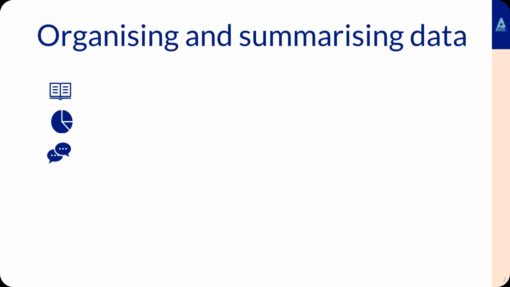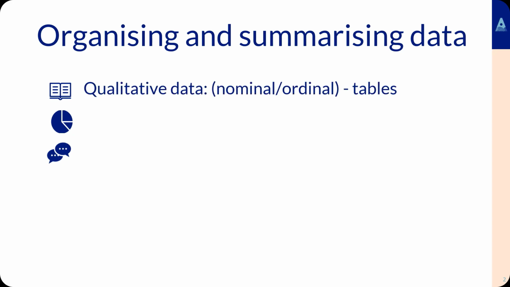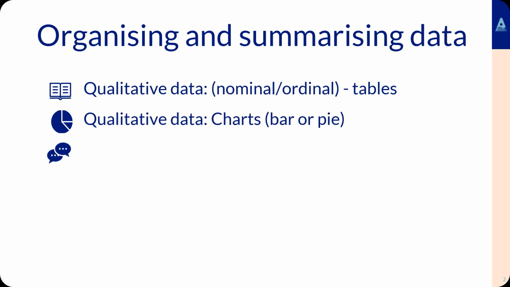Organizing and summarizing data. This is a key part of descriptive statistics. First, we look at qualitative data, nominal and ordinal data types, and constructing frequency tables for that data. So representing the data or summarizing the data in tables. Then we look at, for the same data, qualitative data, creating charts from the tables, usually of type bar chart